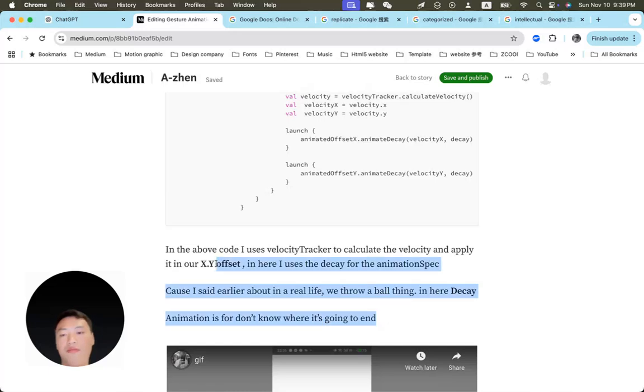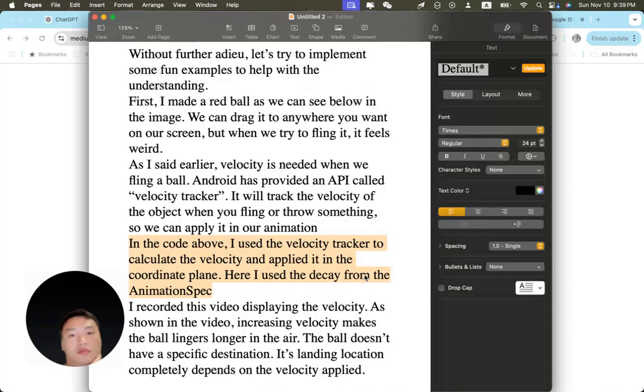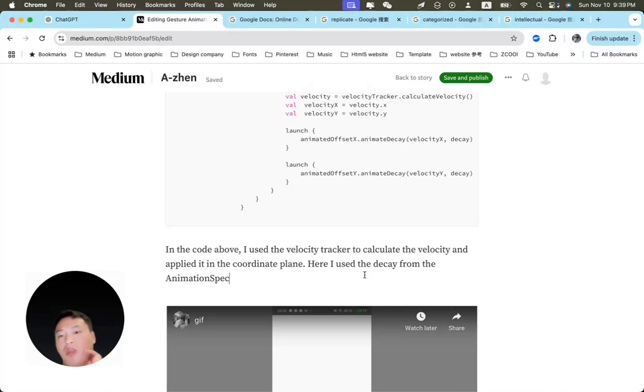That sounds like a cool example. Using the Velocity Tracker API to track the velocity of the ball when you fling it can make the animation feel more natural and responsive. Okay, it's a great way. Let me continue reading. In the code above, I used the velocity tracker to calculate the velocity and apply it